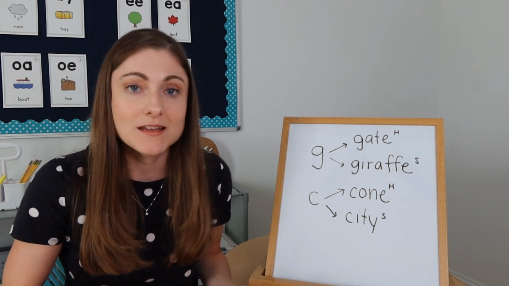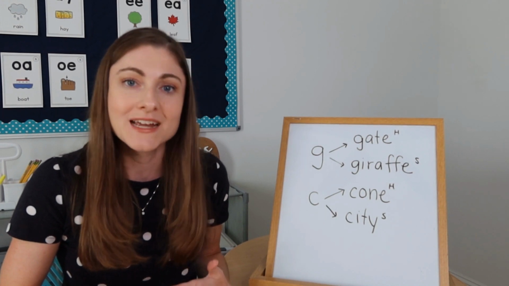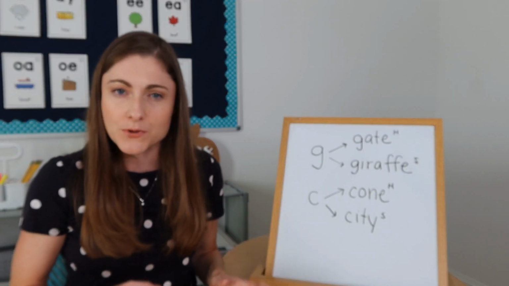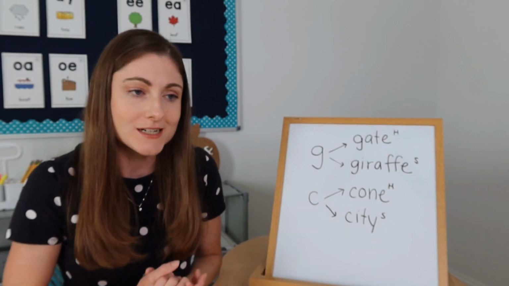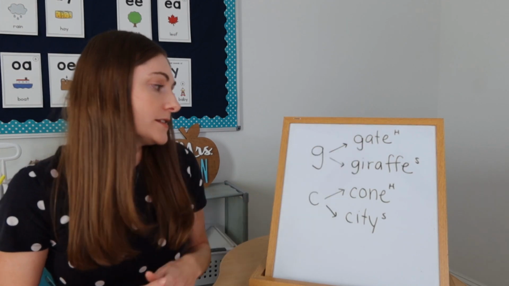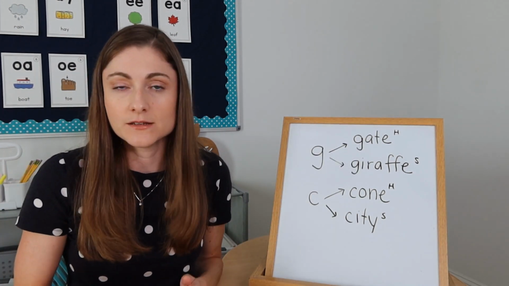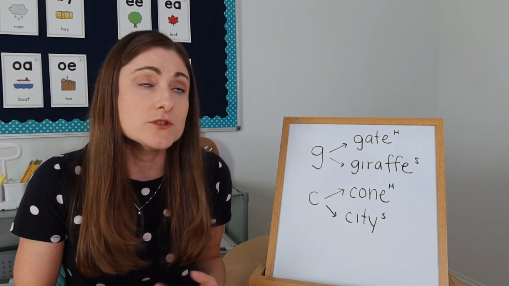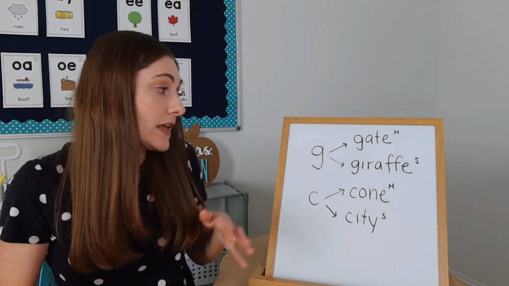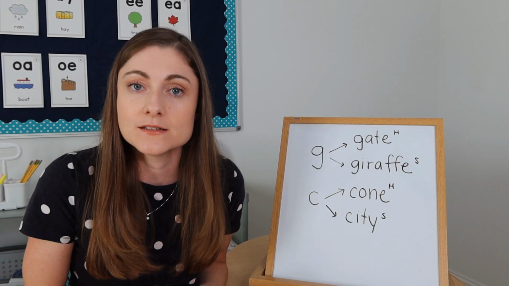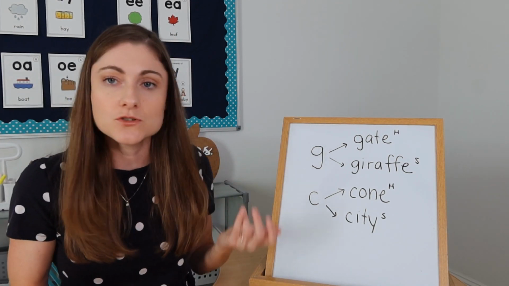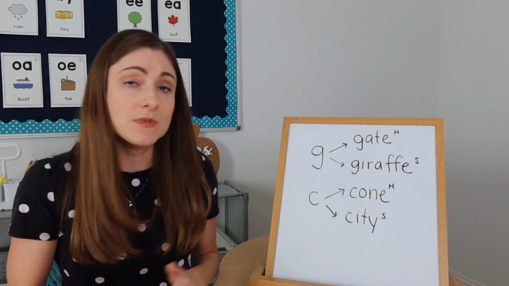That said, sometimes words will come up and the kids notice, or I point out to them, just like a word in a book or whatever you're working on, the kids will notice that the G doesn't make the G sound or the C doesn't make the K sound, okay? And so I just briefly mention to them, hey, you're right, or hey, did you notice in this word the G actually says J, like the letter J. Isn't that interesting? The G has two different sounds. And you can do the same thing with the letter C.